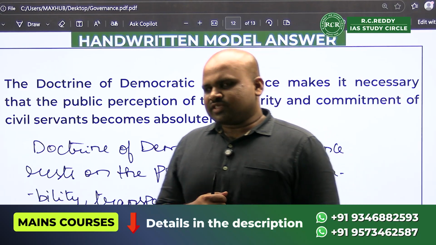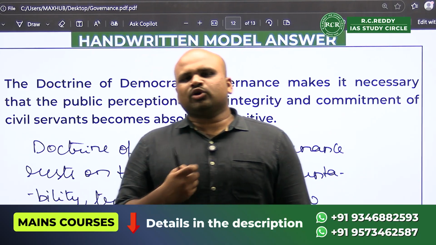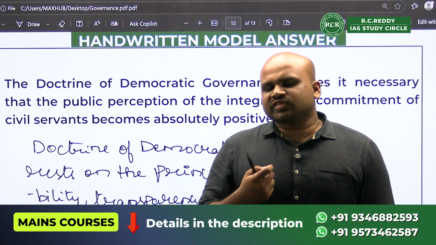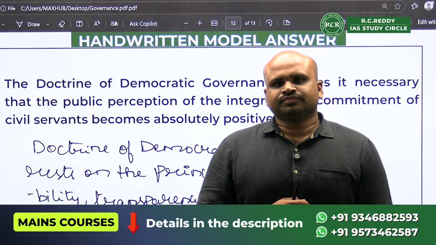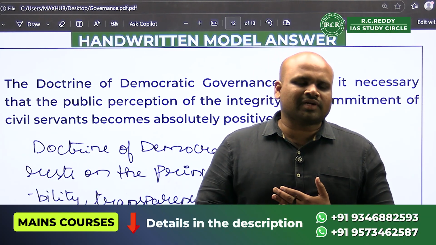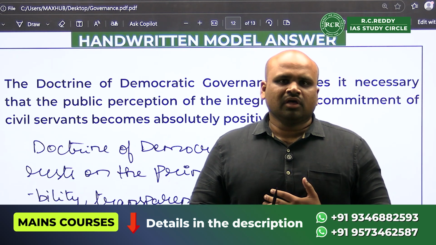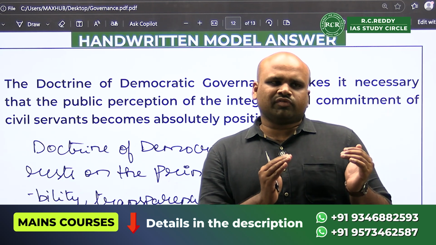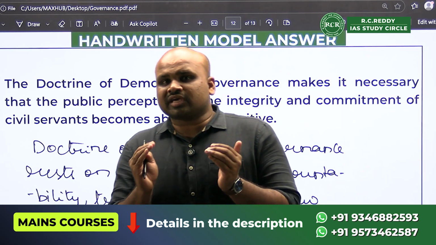In this particular question, we would look at what kind of introductions can be given to the role of civil services in Indian democracy. And also we can see what kind of structural template can be used when writing an answer on this topic. And also we would see what kind of different ready-made conclusions can be kept with respect to